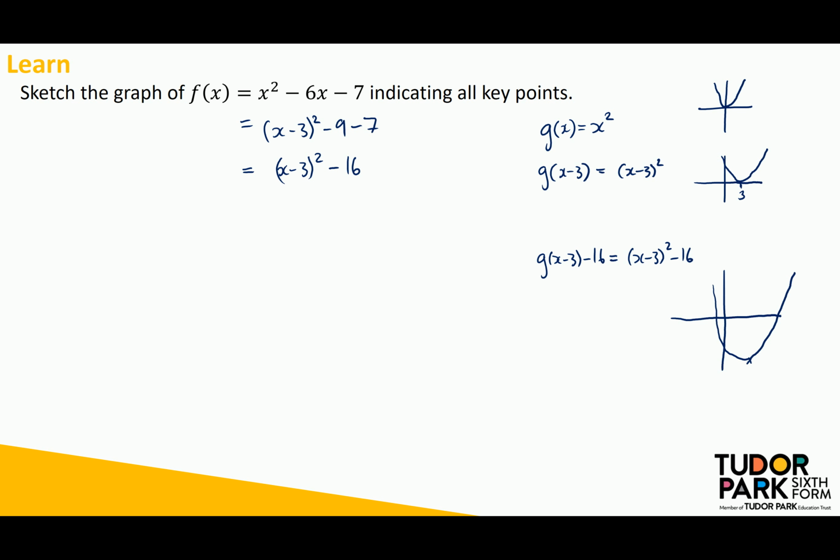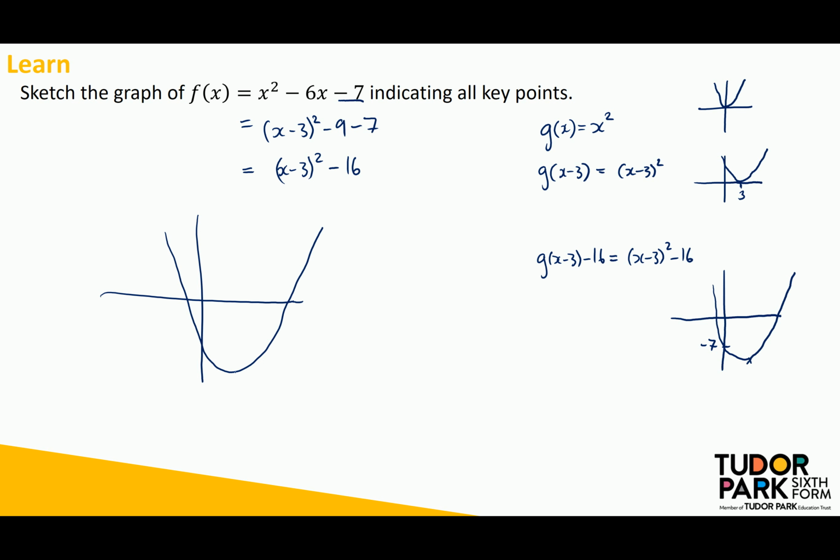How do I know that? Well, I knew from looking again at the constant term that this here was going to be negative 7. What's happened, I've translated my graph across by 3 because of this subtract 3 inside the function, and I've translated it down by 16 because of this negative 16 at the end. So always with completing the square version of graph sketching, we're comparing to the original function of x squared, and we're seeing how the function would move in the x direction and how it moves in the y direction. So here, my final sketch would look something like this,